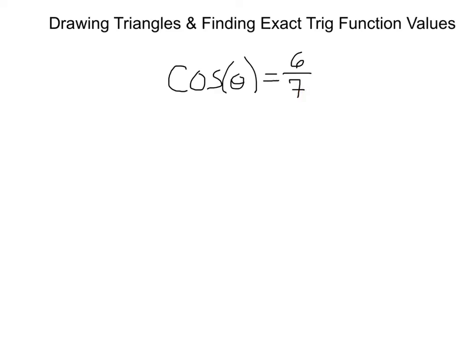Alright, your first task is going to be to draw yourself a right triangle. So I'm going to go ahead and draw myself a right triangle right down here. Here's my right angle, and I'm going to put theta right here in this bottom corner. Now you could have put it up here if you liked, but I went ahead and put it right down here. If we know that cosine theta equals 6 over 7, first we need to find out what sides relate